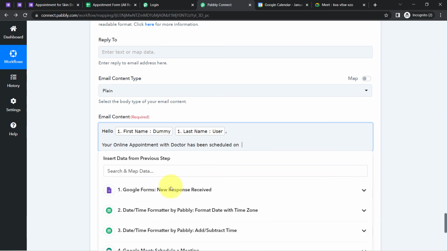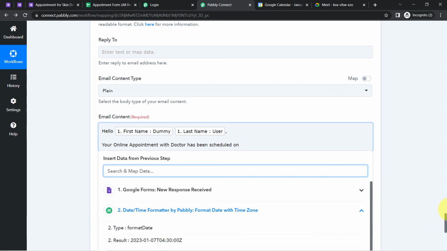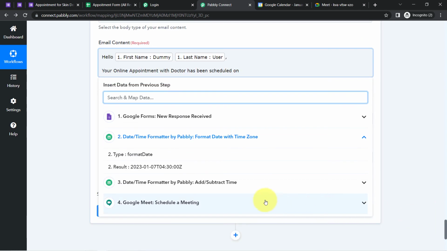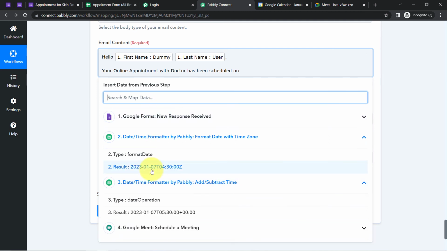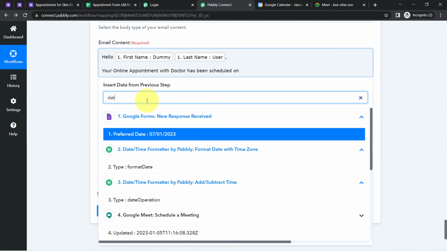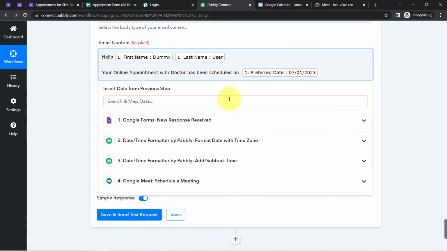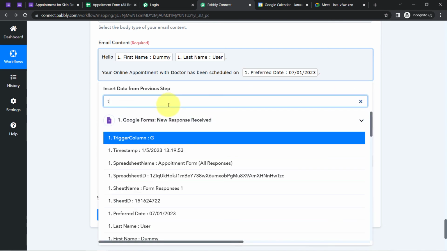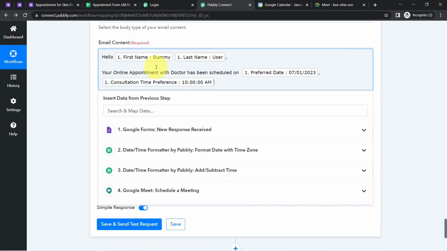And instead of adding the details which we have received from this date and time formatter step, how about I map the value from the Google form step? Why? Because these date and time values are quite tough to read. So I'm going to map the details from here only. Here I have the date as this, and I'm also going to map the time. So let me search for the time, and here we have the time. So your online appointment with doctor has been scheduled on 7th of January 2023, and this is the timing,